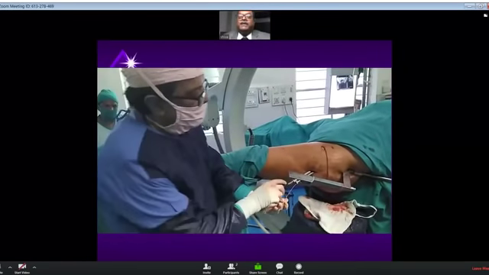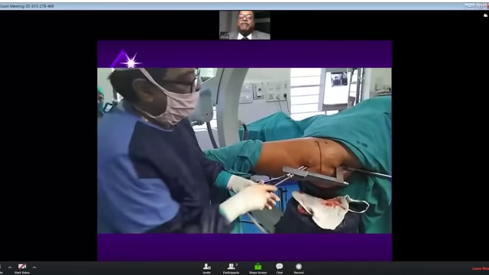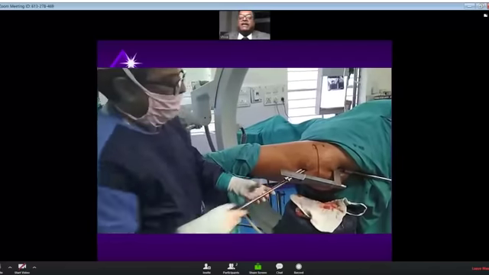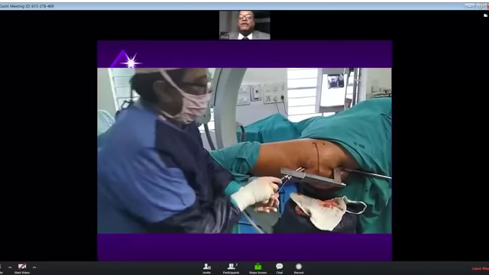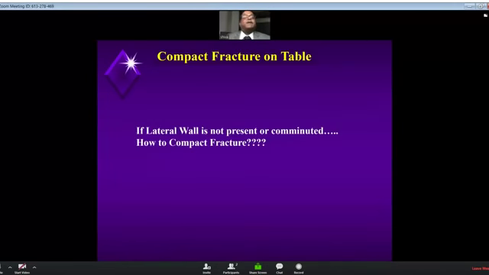I have been judiciously doing this for the last years, probably since 2008 or 2009, and my complication rates have reduced drastically because of this. Compressing the fracture gets the head of the screw touching the lateral cortex, and rocking of the screw within the nail is prevented to a great extent, and that also prevents the screw from backing out or the Z effect from happening. So, this is the reason why I say that you should compress the fracture beautifully in all these cases.